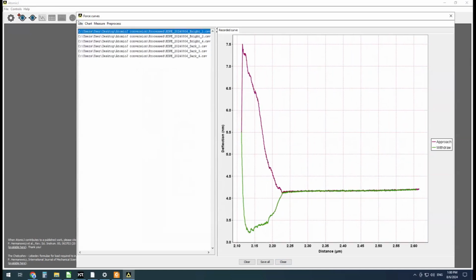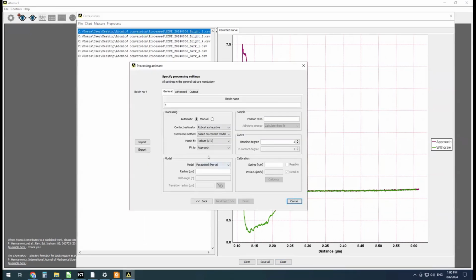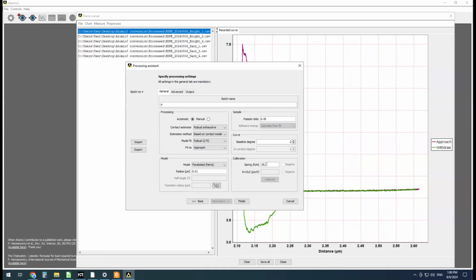All right, so now I want to process these. I'm going to fit to the approach curve. I'm going to use a paraboloid Hertz model for the tip. Poisson ratio, typically for polymers, is somewhere around 0.4 to 0.5. So I'm just going to choose 0.45. That variation from 0.4 to 0.5 doesn't change the final modulus too much. Spring constant, which we learned earlier, is 29.21 from the thermal tune. Add that in